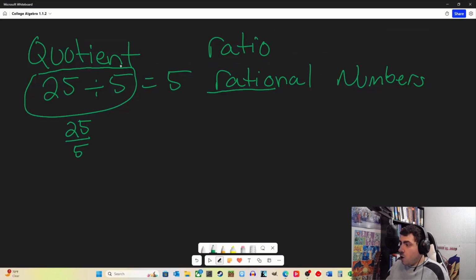You will no longer see this dividend symbol or this divisor, I forget what it was called. I think it was called a divisor symbol. You will no longer see this in mathematics, at least as far as I'm aware. I'm not that deep into mathematics, but I haven't seen it in calculus. Put it that way. I have seen this though: 25 over 5 as a fraction, which equals 5 as the quotient. Or it really simplifies into 5